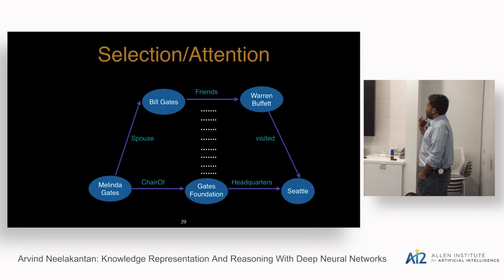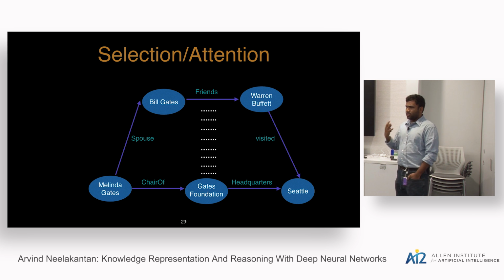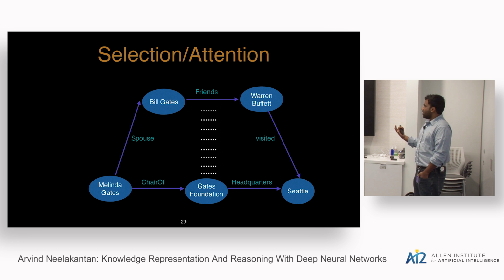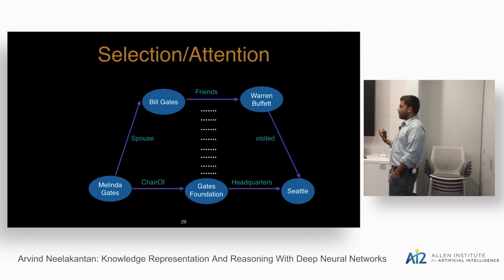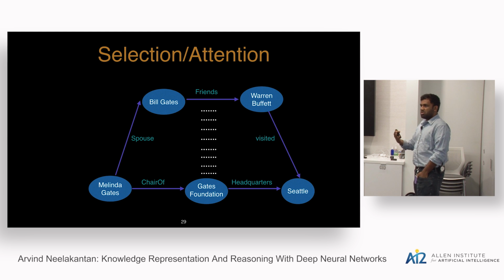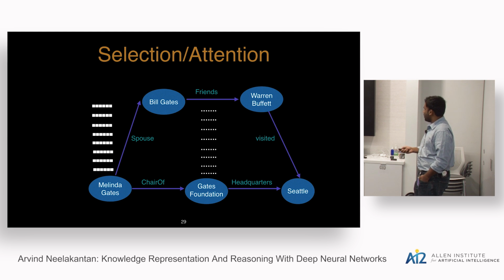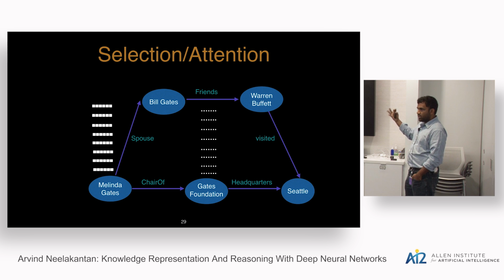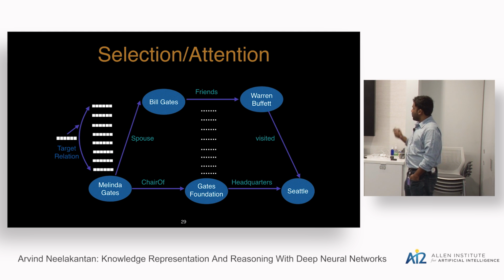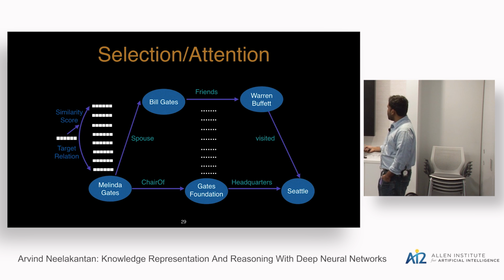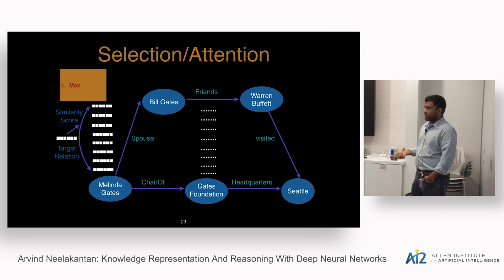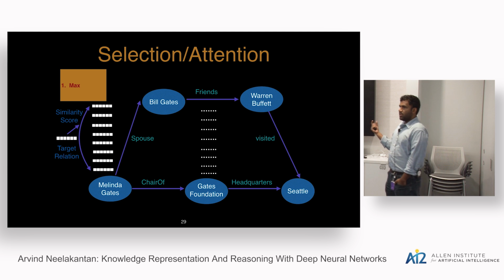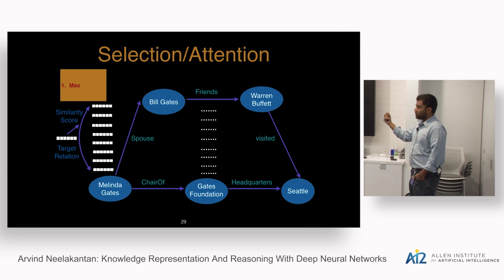The first time we wrote this paper, the attention mechanism was not really popular. The first version of the paper came out simultaneously with the soft selection mechanism, the neural Turing machine, and memory networks work. So basically what we did was something very similar. We first construct a vector representation for each path independently by running the RNN. Then, to predict a target relation, you compute a similarity score for each path. Then we use a max function, basically saying that the path that has the highest score is responsible for making the prediction.